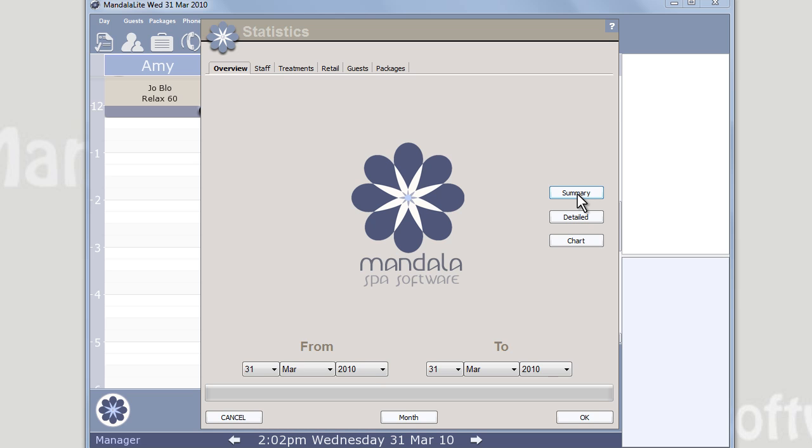Often you want to generate a report for the past month just to see how you've gone, and to do that you can click the month button to automatically set the from date, the date which the report data starts, and the to date, which is the date that the reporting period ends. So for example, if we were in March, we click month, then you see it changes to reflect the entire month. And then when we click on summary, and note that you have to have a PDF viewer to be able to see these reports